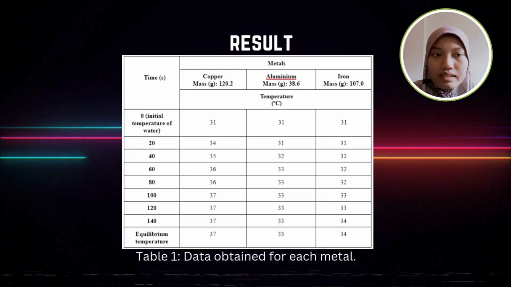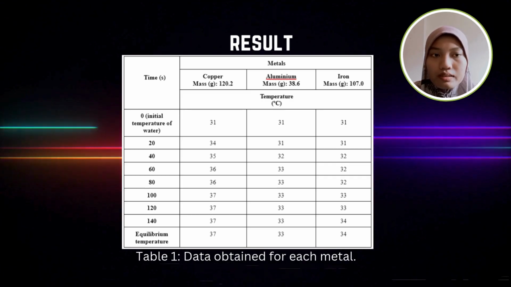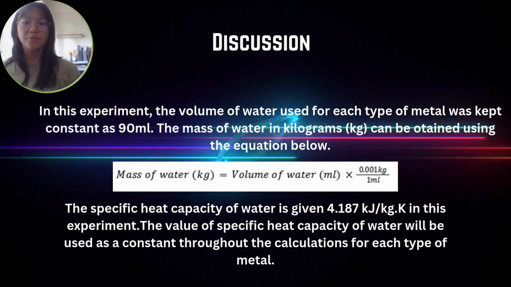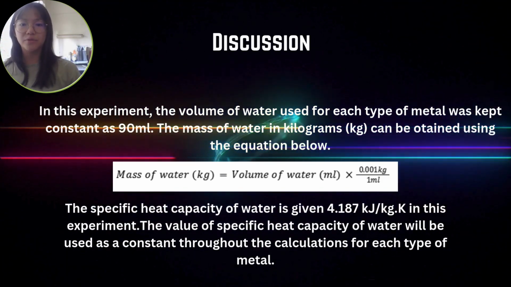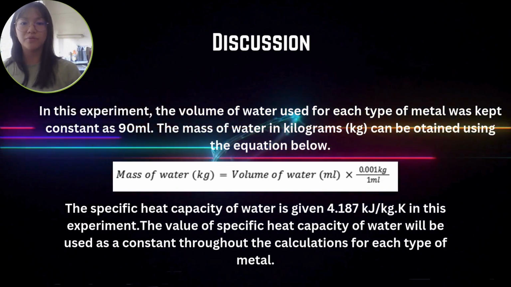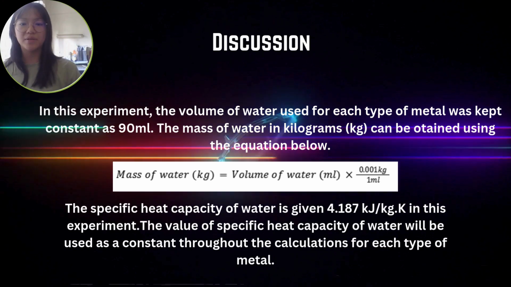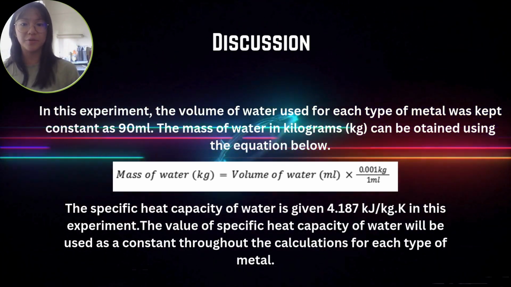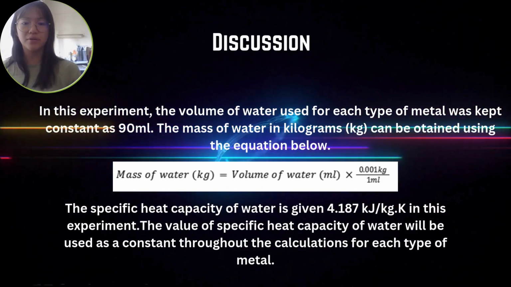This is the data that we obtained from the experiment for each metal: copper, aluminium, and iron. In this experiment, the volume of water used for each type of metal was kept constant at 90 ml. The mass of water in kilograms can be obtained using the equation below: mass of water in kg equals volume of water in ml times 0.001 kg over 1 ml. The specific heat capacity of water is given as 4.187 kJ per kg·K in this experiment. This value will be used as a constant throughout the calculation for each type